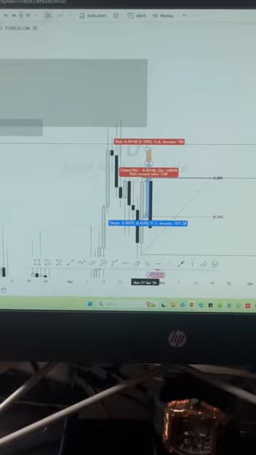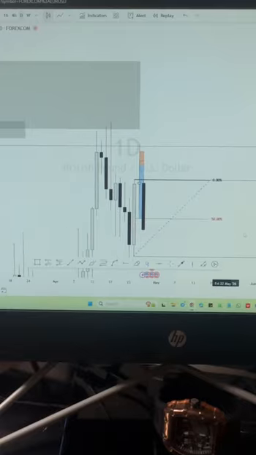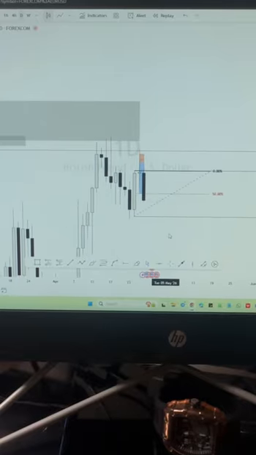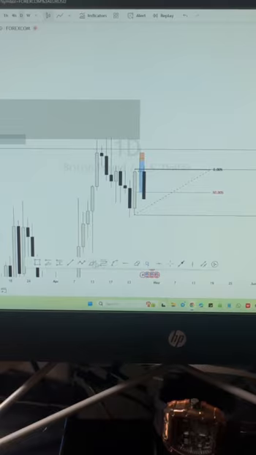So my first take profit was on the 50% level. I'm already out of this trade, and I expect the market to give me a kiss of death, right, which will retrace, collect internal range liquidity, and then drop down to take out the low at this level. So this is my expectation for GBPUSD, and in the long run, I'm expecting the market to drop more, right? Since it already reacted on this higher time frame key level, I'm expecting the market to drop lower to